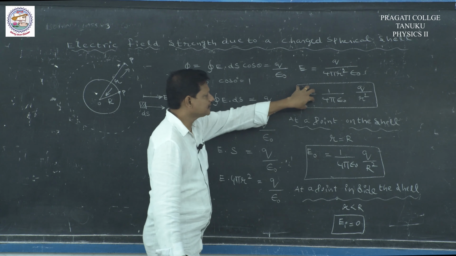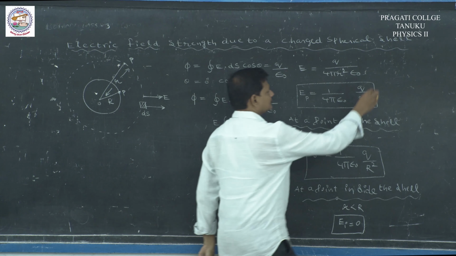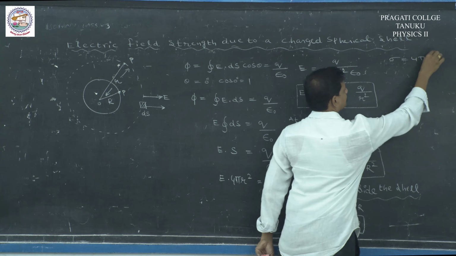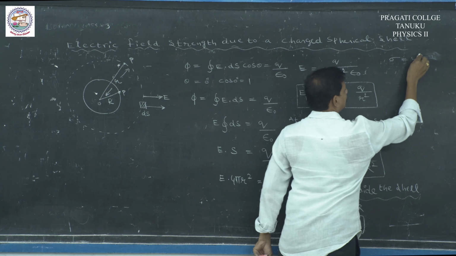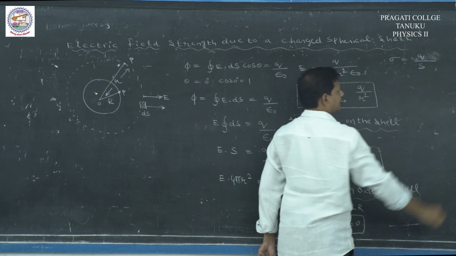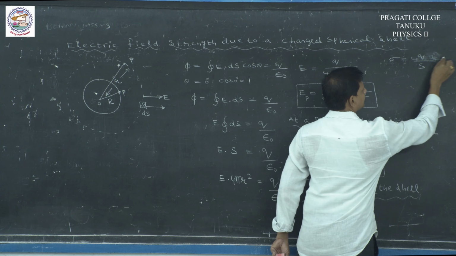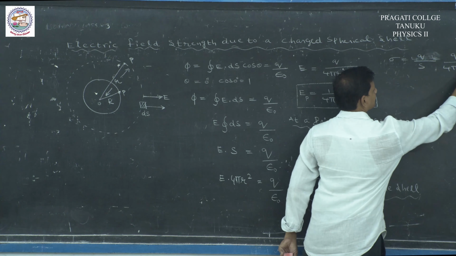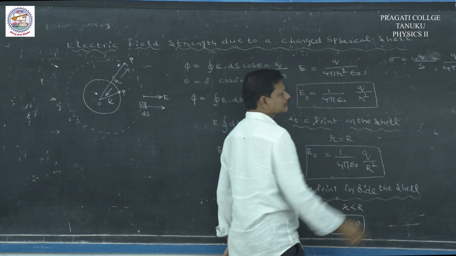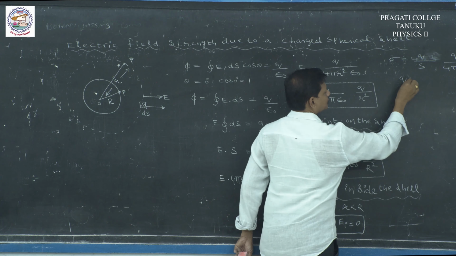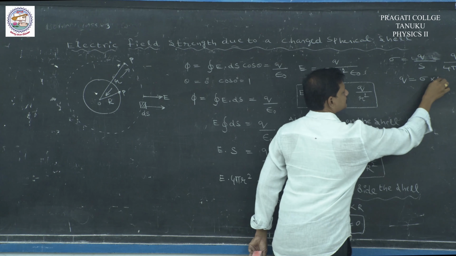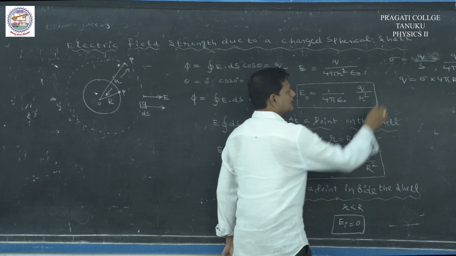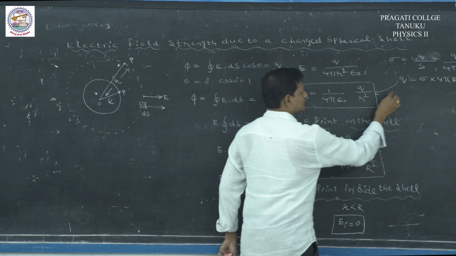In terms of surface charge density, we can derive. Surface charge density sigma is equal to charge per unit surface area, that is equal to q by 4 pi capital R square. So, from this equation q is equal to sigma into 4 pi capital R square. By substituting the q value, we get